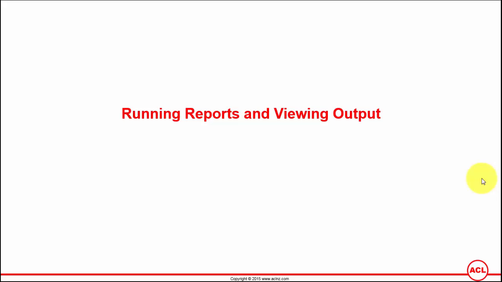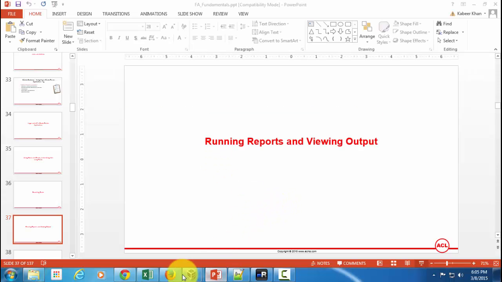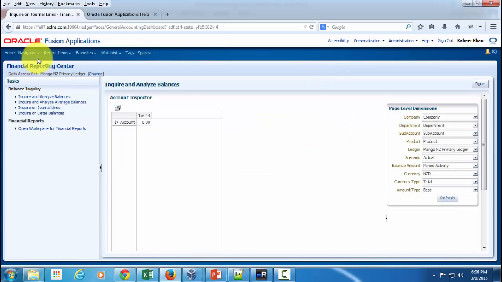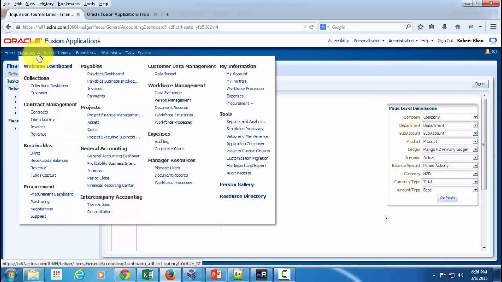So if you are familiar with eBusiness Suite HTML based forms and the process of running reports there, it's pretty much similar, but still there are differences, which is what I'm going to show you now. So let's go back to Fusion applications. And then I'm going to hit the done button over here to come out of this form. And then I will go to navigator, and here I'm going to go to